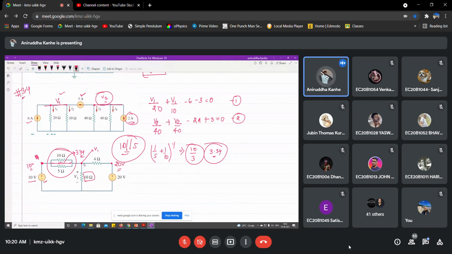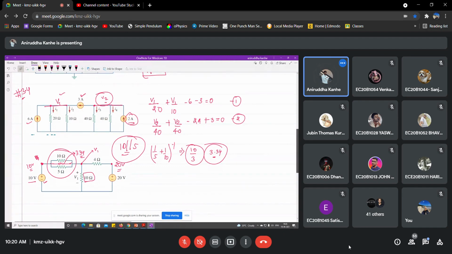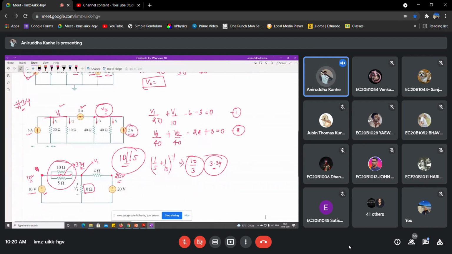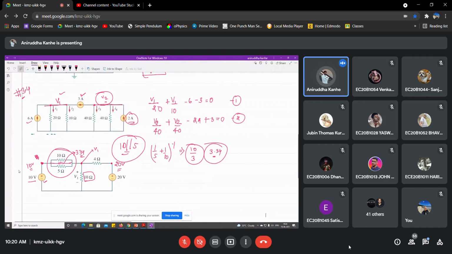Now you can see it's now the first question which you have solved. I'll quickly show you what the first question is. So this is what the first question was, right? You're having two different nodes in which the sources were connected and only one middle node in which you are having the unknown node voltage. In a similar way, now you have reduced this 3.6 also. Are you able to appreciate the difference and the similarity both? Yes, sir. Right?